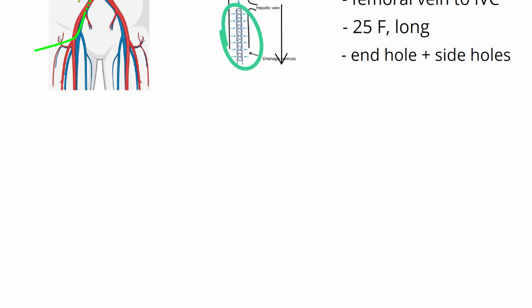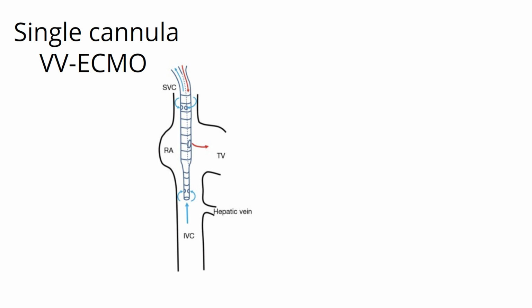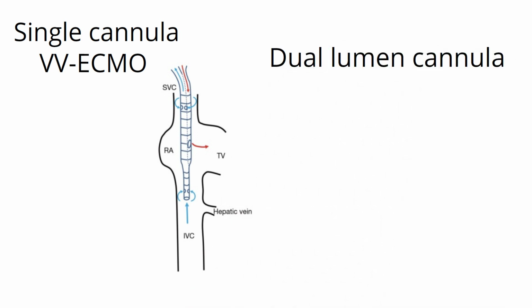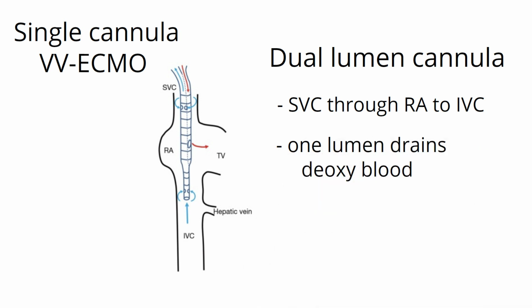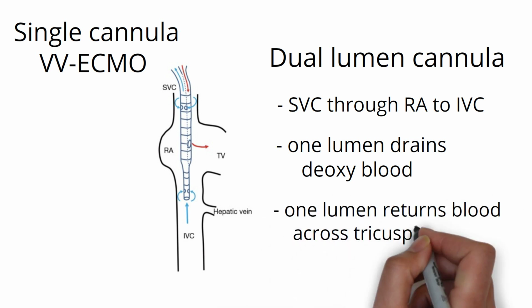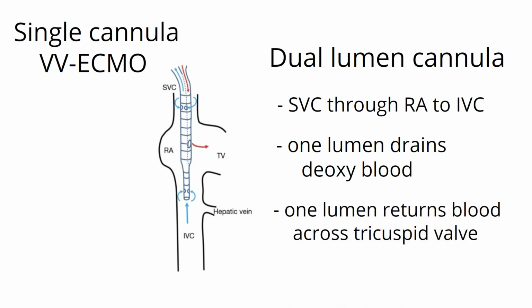Single cannula configurations are also used. For this configuration, a special dual lumen cannula is placed via the right internal jugular vein and extends all the way from the superior vena cava through the right atrium and to the inferior vena cava. One of the lumens allows for deoxygenated blood to be drained from the SVC and IVC. The other lumen acts as the return cannula, with the blood flow directed across the tricuspid valve. This type of cannula generally needs to be placed with image guidance so that the drainage and return holes are